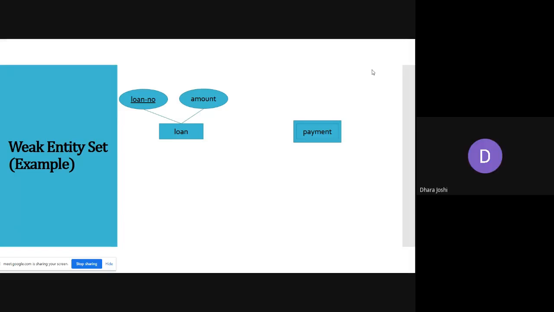Okay. Loan can have two different attributes: loan number and amount. So loan number is unique because loan number is given with any of the bank account holder name. So it can be unique. If you have loan number, you can identify this loan is of this much amount and this is the owner of the bank account and all the details regarding the loan.